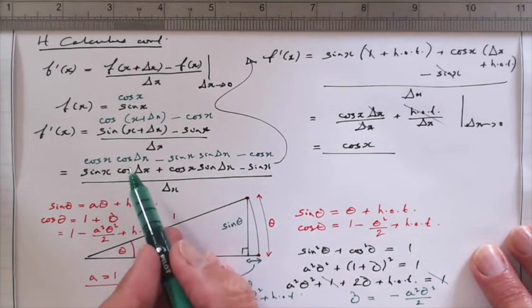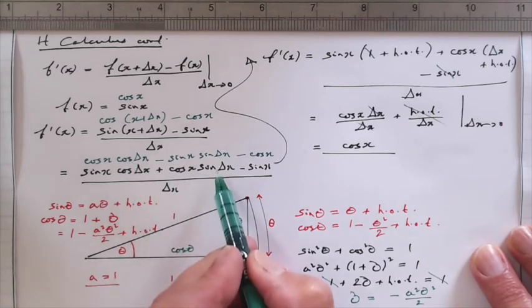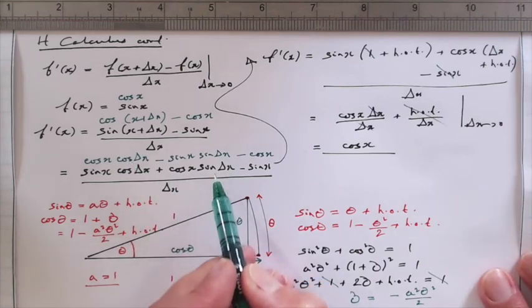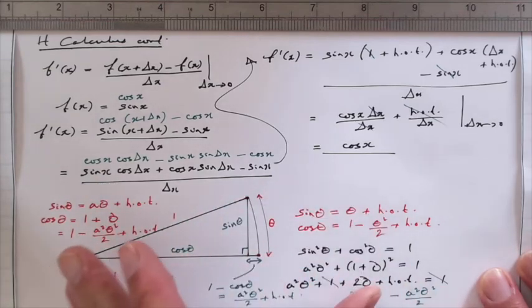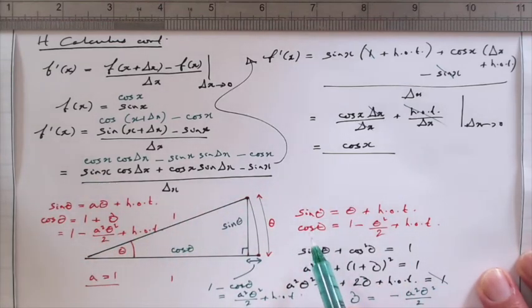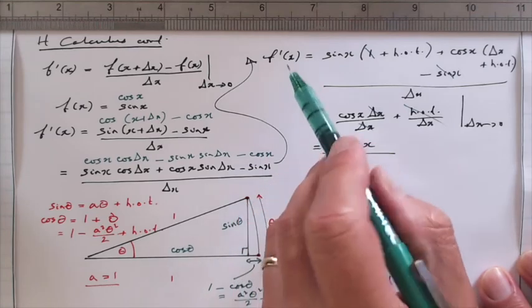You see that all the action is in these cos delta x and sine delta x terms. So all of the difficult part of the derivation is exactly the same. We just need these two results here. So when I go back to doing my derivative,